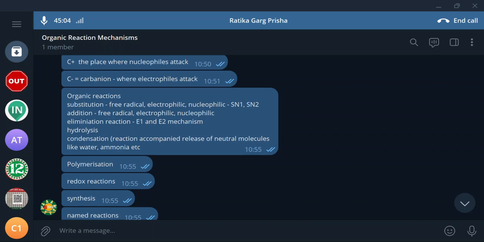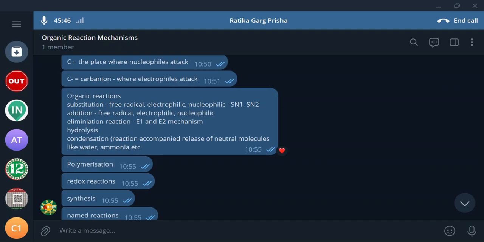Then hydrolysis. Lysis means cleavage of a chemical bond, as I already mentioned. We already discussed homolysis and heterolysis, is it not? Here hydrolysis means a chemical bond is cleaved by the influence of water. Hydro means water, so it is called hydrolysis. When it is influenced by ammonia, it is called ammonolysis. When it is influenced by a catalyst, it is called catalysis. When it is influenced by ozone, it is called ozonolysis. So likewise, here we have hydrolysis.